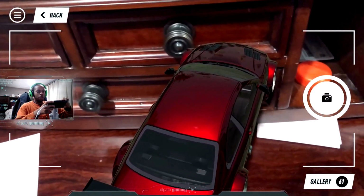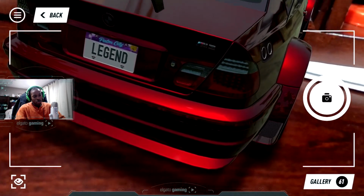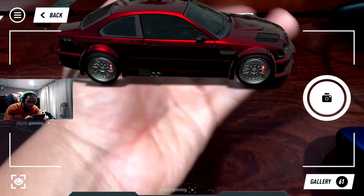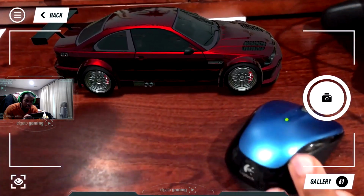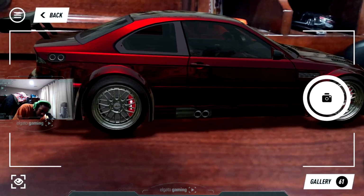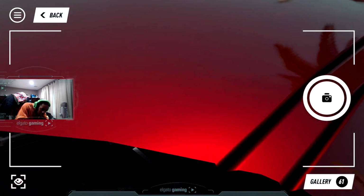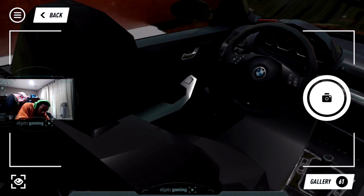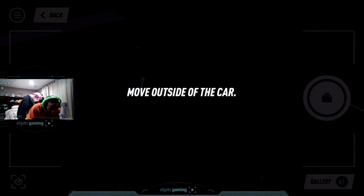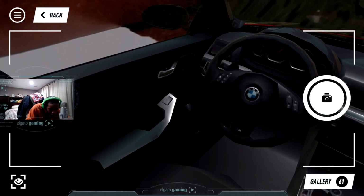Can I move my car? No. This is kind of off. Right, that's it. That's more like it. So now I can. It's literally on top of my hand though, because it's AR. But it's not as in depth as CSR Racing 2. You can't really go inside the car, can you? It'll just give you... Oh, here we go. Well, if you're good with it, you could probably get whatever's inside, but I tell you, move outside the car if you're in the limits of it, so...